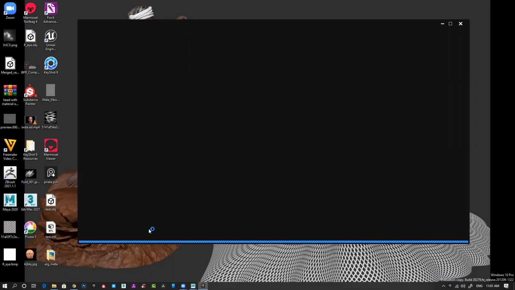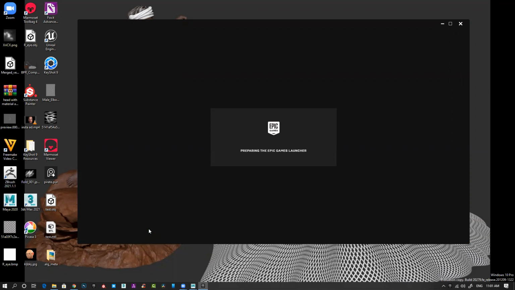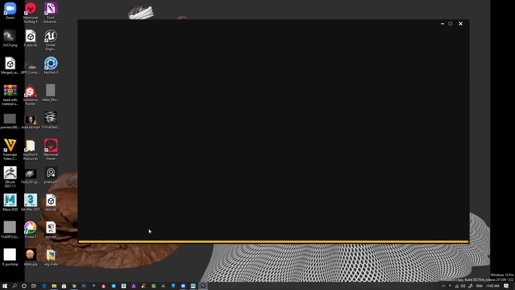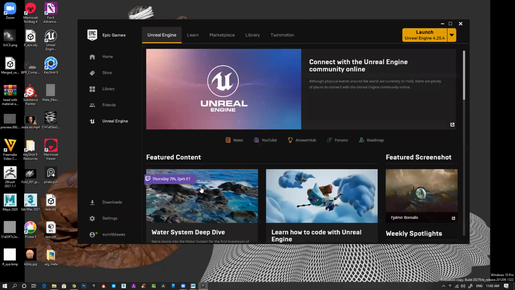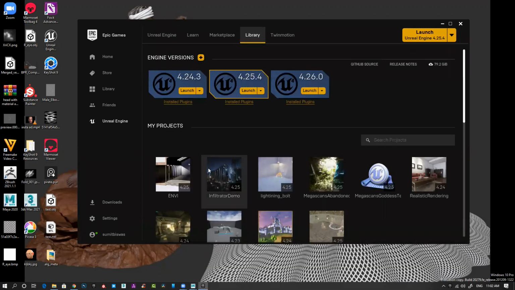When you click Migrate, it will ask for the path. You browse to any empty folder, or create a new folder, and export everything. It will export everything connected to that particular level, so you don't miss anything. Otherwise, if you try to export manually, you might miss a few things.